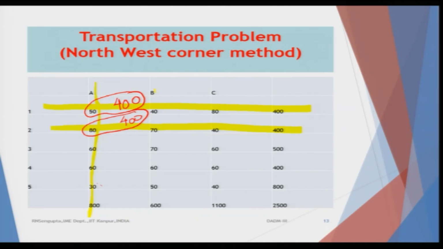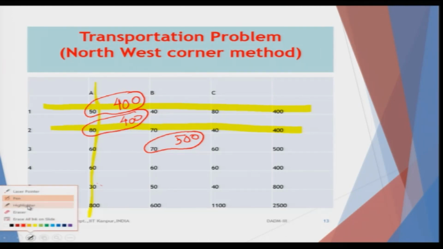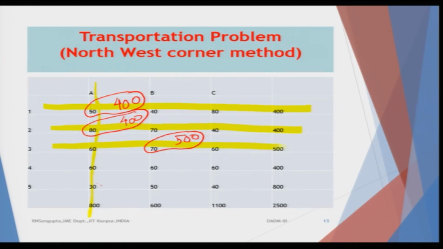When you are coming from B, double check what is the total quantum which can be supplied by B. It is 600. What is the requirement for 3? It is 500. So, allocate everything there. So, you will basically allocate 500 from here. This will complete the requirement of 3, 500 is done. What is the extra amount left? Extra amount left is 100.